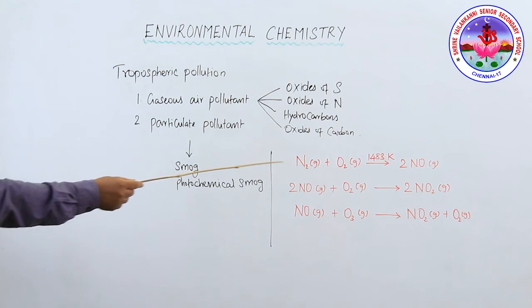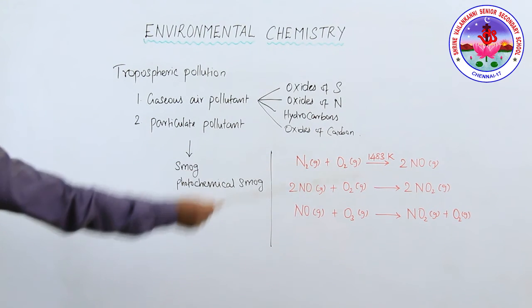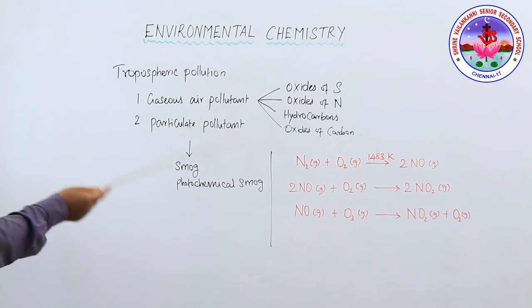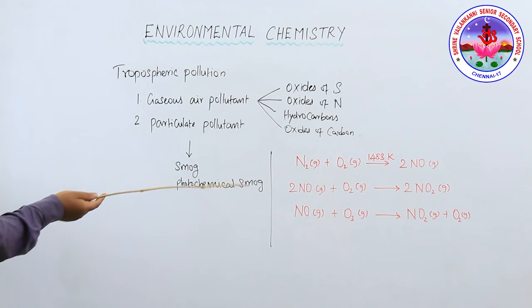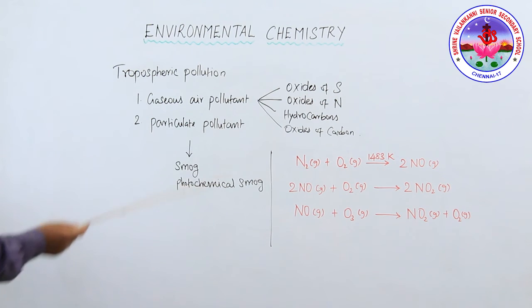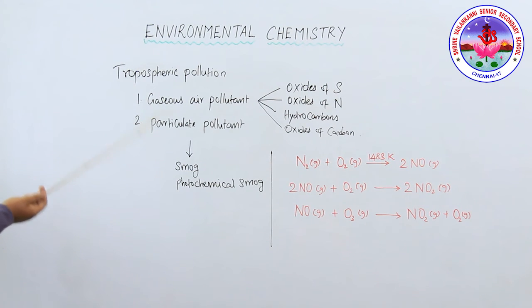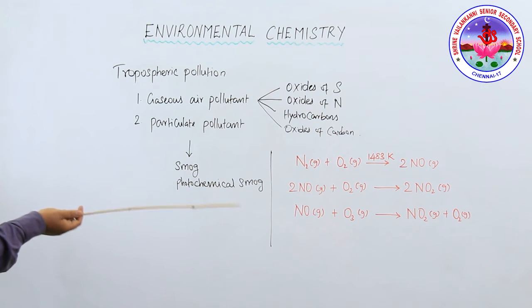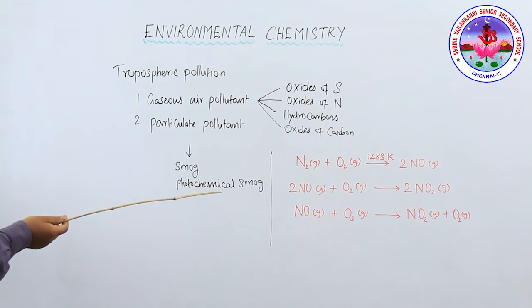Look at this temperature, 1483 Kelvin. At high altitude, when lightning strikes, they combine to form oxides of nitrogen, which is called NO2. That NO2 is oxidized to nitrate ion, NO3 minus, which is washed into the soil, where it